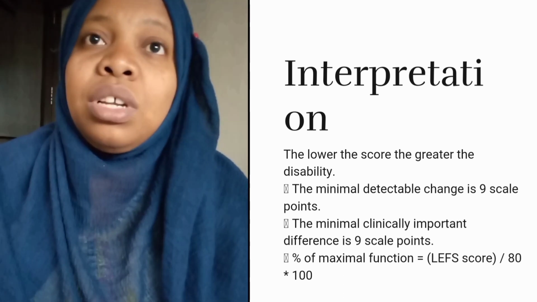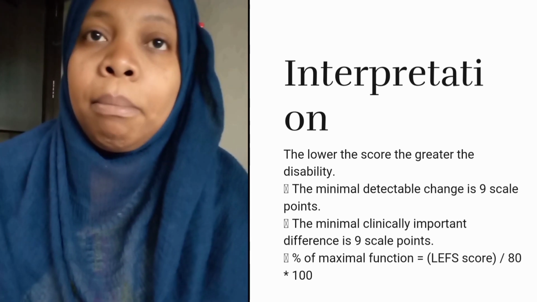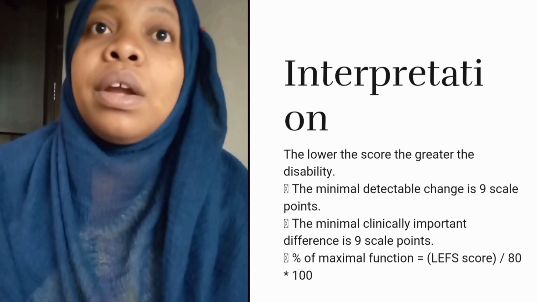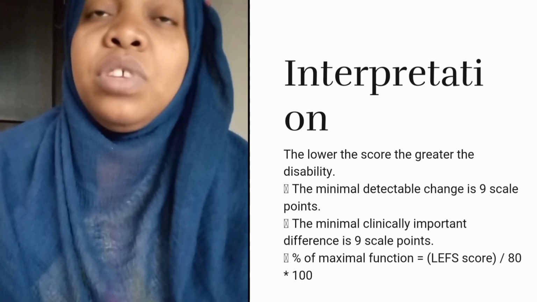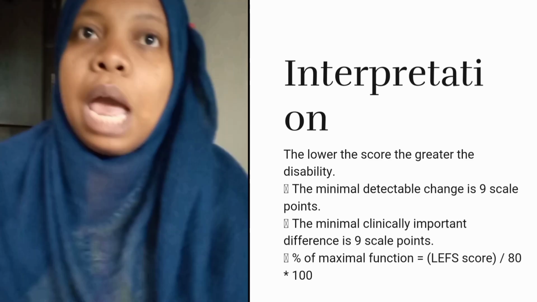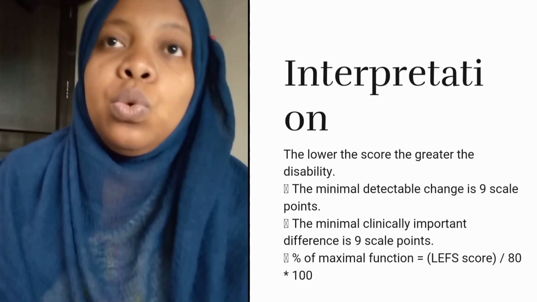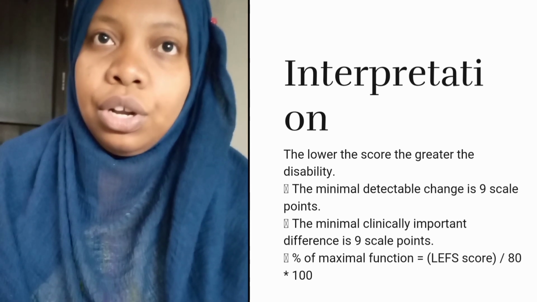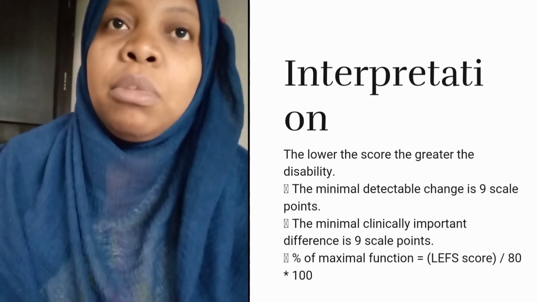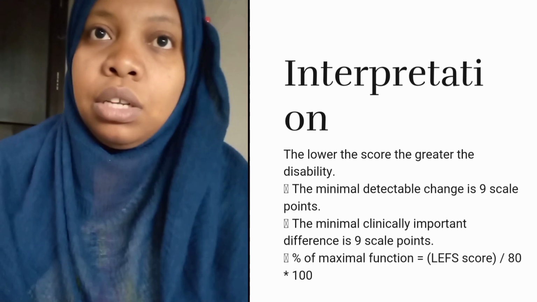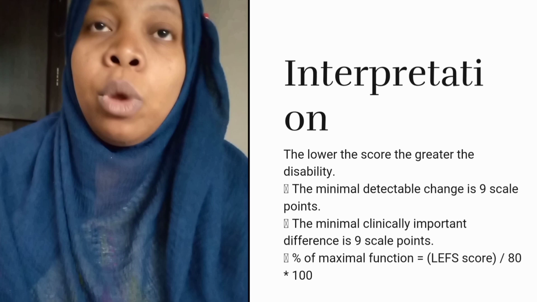The interpretation is in such a way that when a patient gets a higher number, it means there is low disability. And we also have to find the percentage of disability by dividing the score the person gets over 80 and multiplying by 100 in order to get the percentage disability. And 9 is the minimum detectable change a person might get. So according to the percentage of disability that we get, we will know